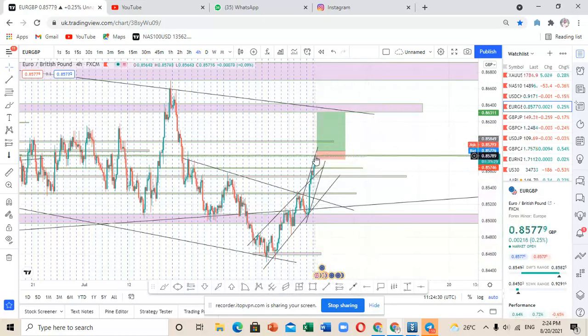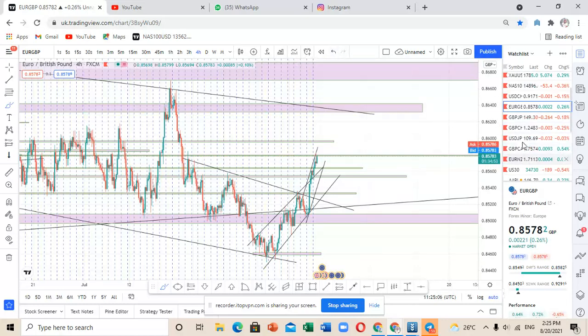So if a breakout is going to happen above this point, then I'm expecting that the markets, so let me first of all remove this. So if a breakout happens in these areas, I'm expecting that the markets are going to move above here. Then they shall come back for a retest to this point, and then they are going to create a breakout to the upside, just for the creation of patterns. That is because one characteristic of markets is that they will always create patterns as they are moving up and down. So that is what I had for you guys for the Euro GBP.